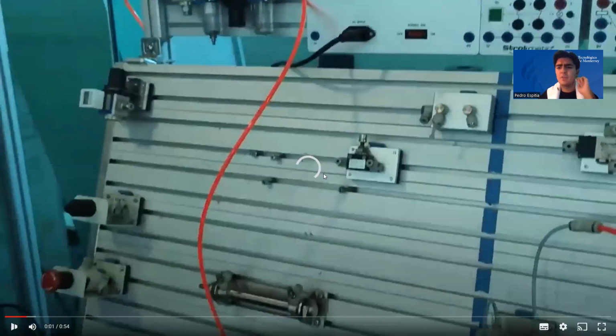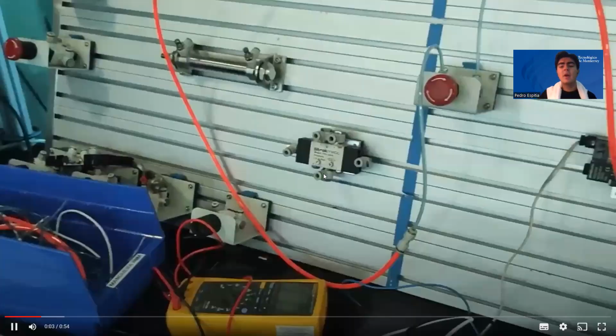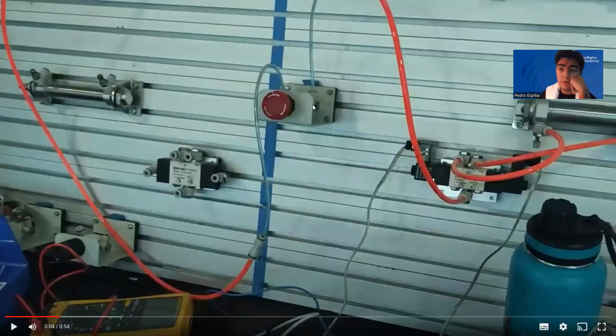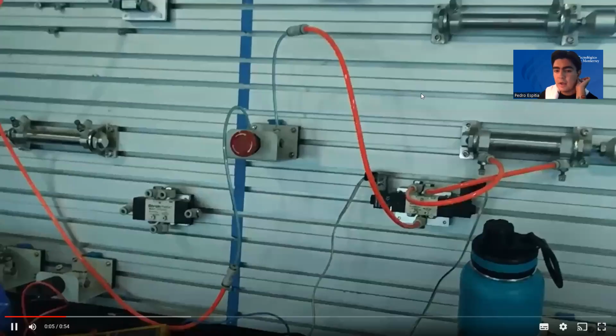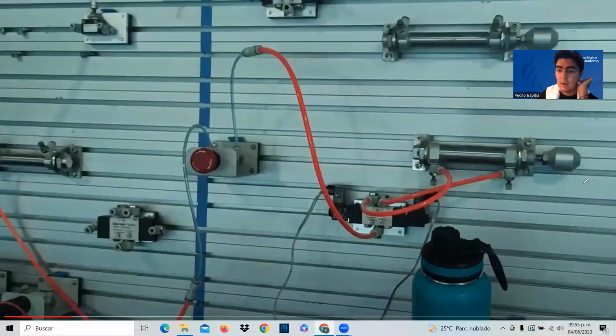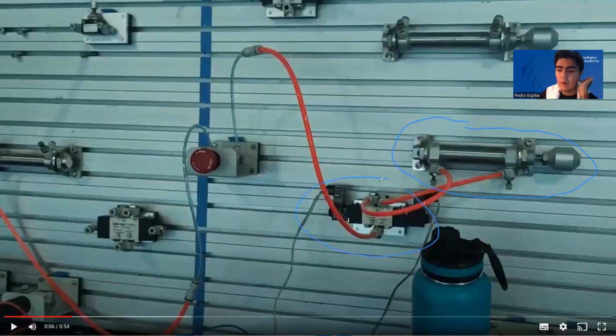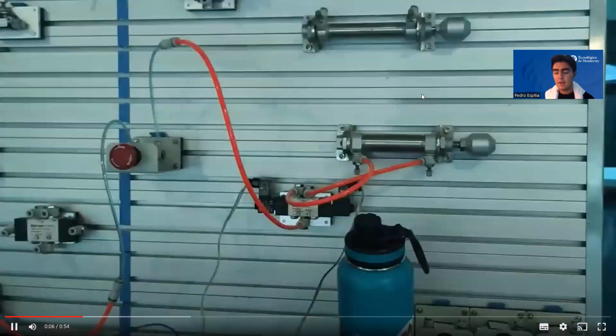photoelectric sensors, optotouch sensors. Here we can see the initial button, the start-stop button of the system. And in this part, we can see the piston and the 4-way, 2-position valve. Here is the initial position, and here is the position that will be activated when the two optotouch sensors are activated. The connections are electric and are connected directly to the PLC that receives the signals generated